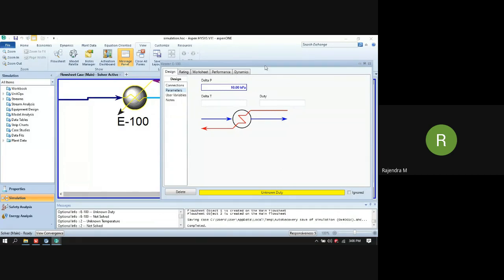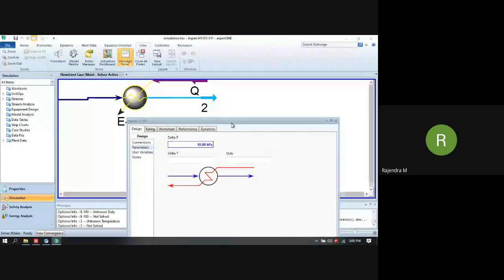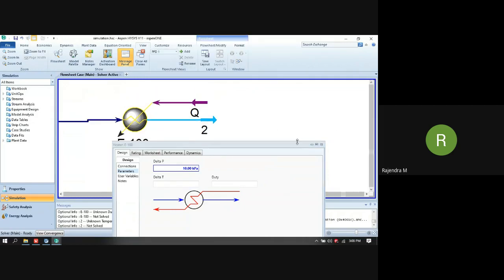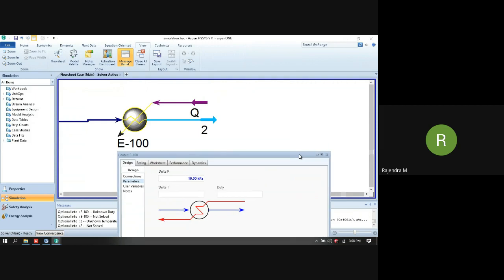What kind of information can you provide? I would like to increase the temperature of the stream from 30 degrees Celsius to, let us consider, 70 degrees Celsius.